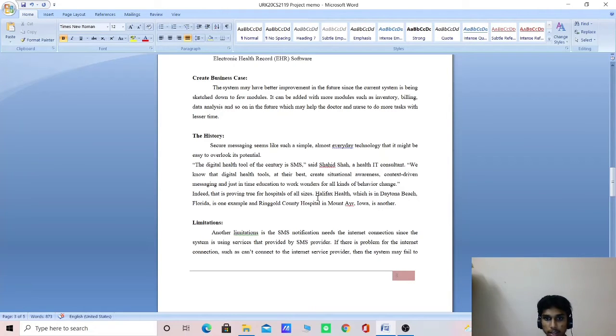Halifax Health, which is in Daytona Beach, Florida, is one example, and Ringgold County Hospital in Mount Ayr, Iowa, is another.